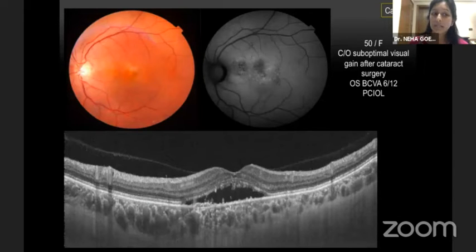Now let's look at some cases which appeared to be CSC, but then we realized it was something else. This was a middle-aged female who complained of suboptimal visual gain after cataract surgery. Visual acuity was 6/12. There was a PCIOL in the bag, no anterior segment complications. This is the fundus autofluorescence. You can see stippled hyper and hypoautofluorescent areas, and this is the OCT showing a NSD along with some dilated